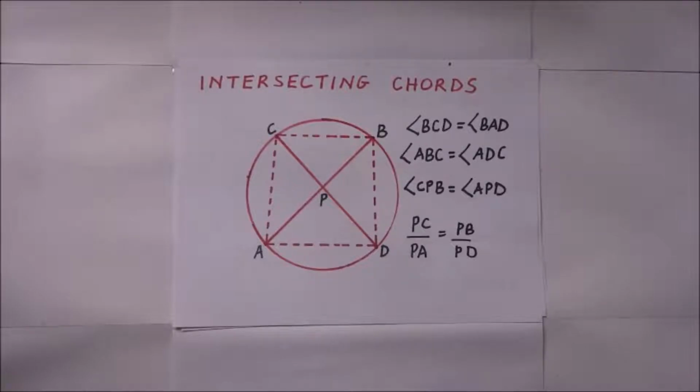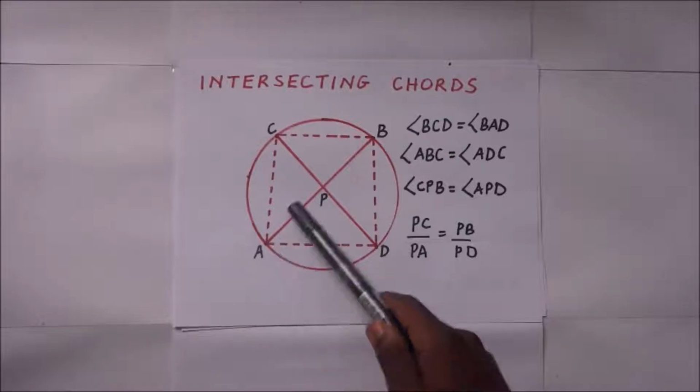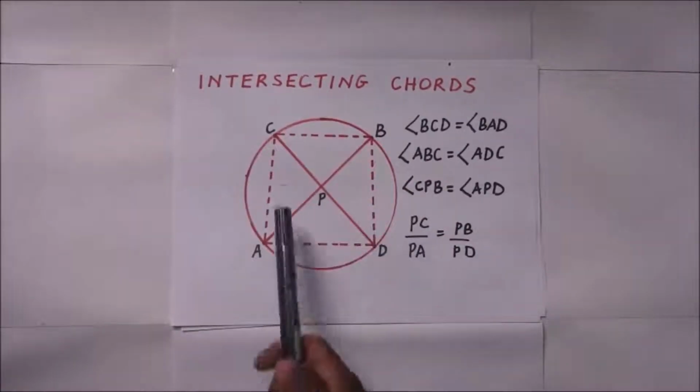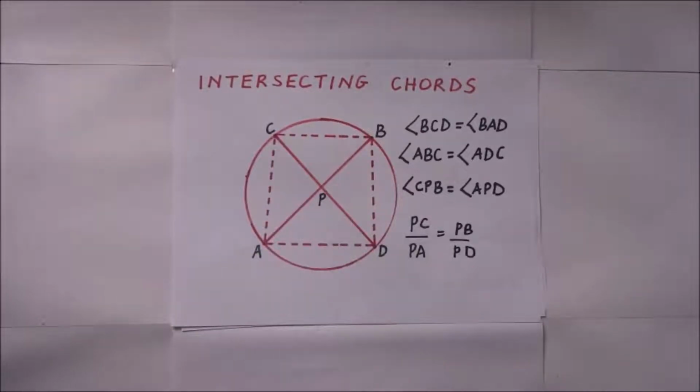Intersecting chords. We'll study this diagram in front of us about these two chords that are intersecting. The intersecting chords we're talking about here in this case are chord AB and CD. These are two chords that are intersecting. Now when these two chords intersect, some of the properties that you should be aware of is,